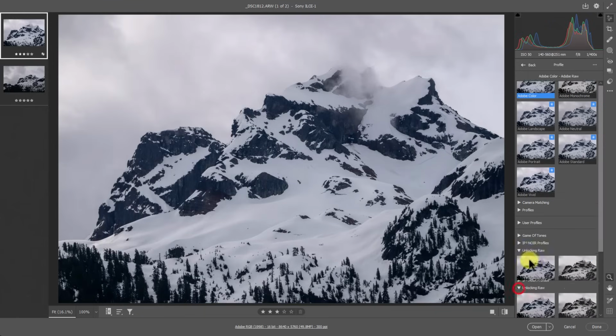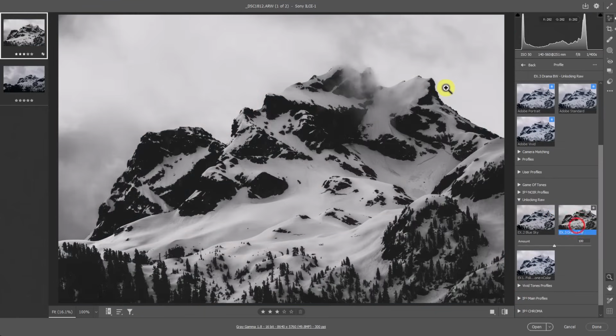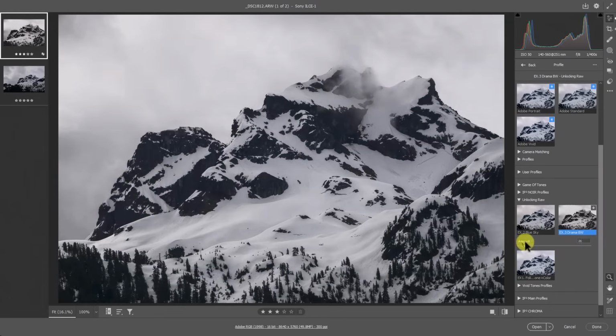Unlocking Raw, example number 3. And we have our dramatic black and white look at that as a starting point. Isn't that amazing? So we can't take it any higher. It won't go up any higher. But as we move it down, it will get reduced if you do want that